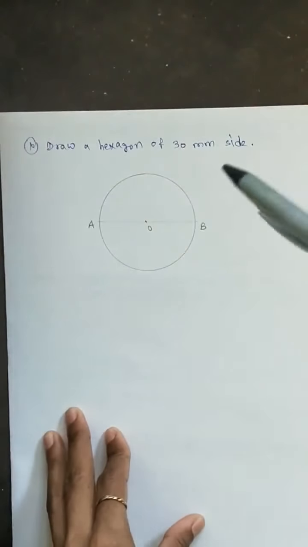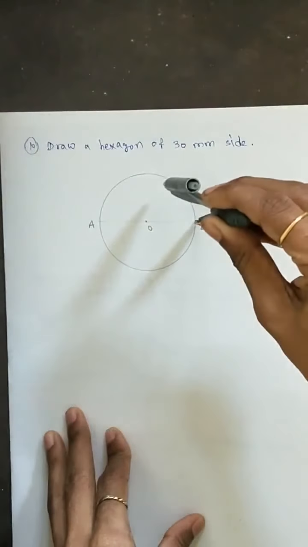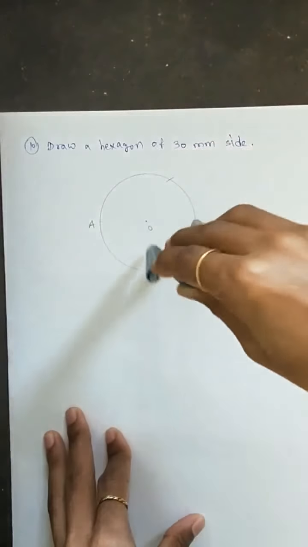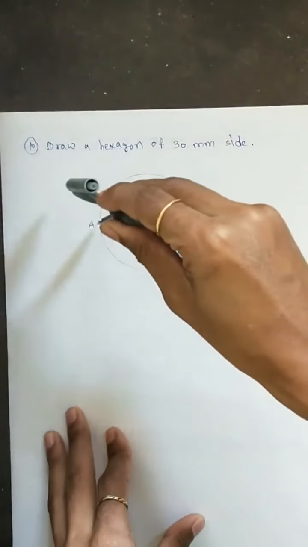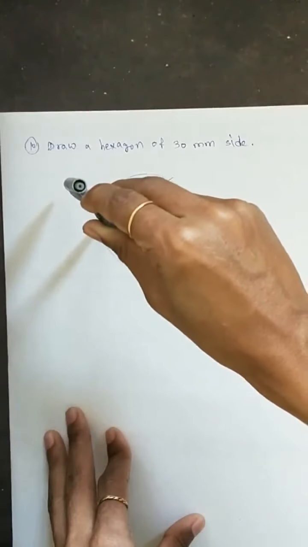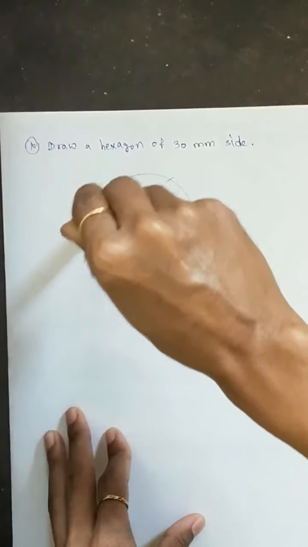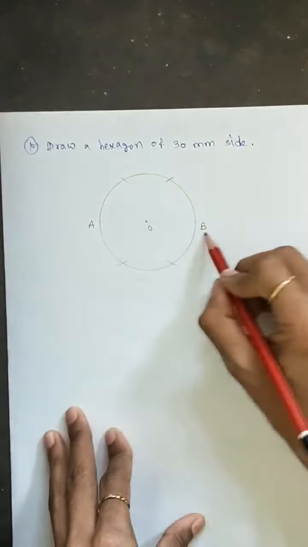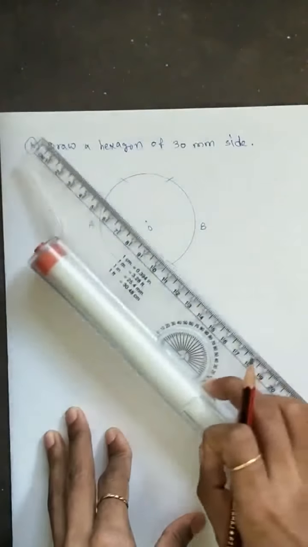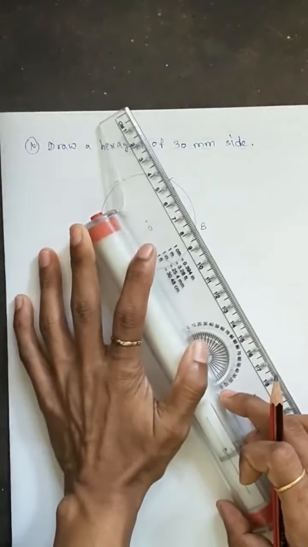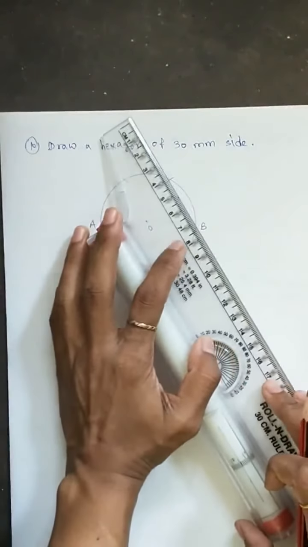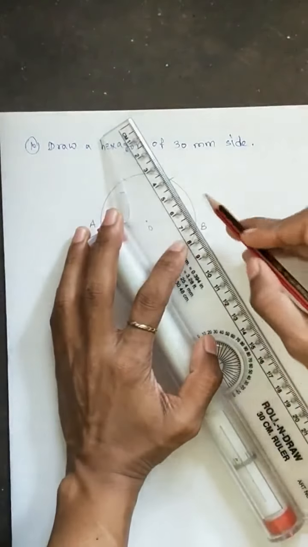You have to take a constant distance of 30 mm with center point B and draw arcs on this circle on both sides. Then similarly take center point A and draw arcs on both sides. So we have got these 4 points and AB is already there. So join all these points. I will join this point to point B,